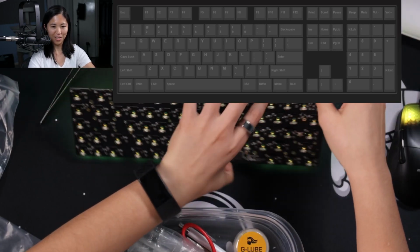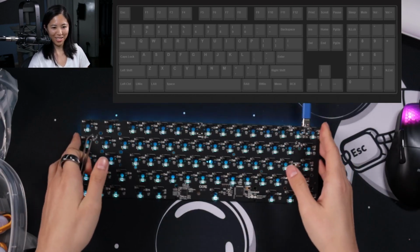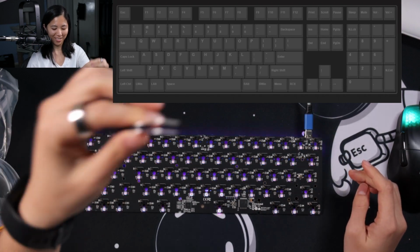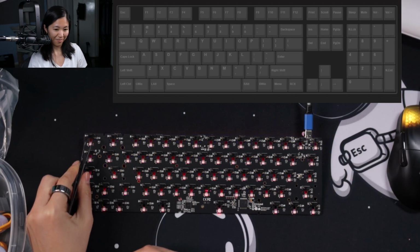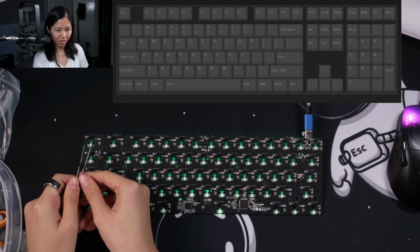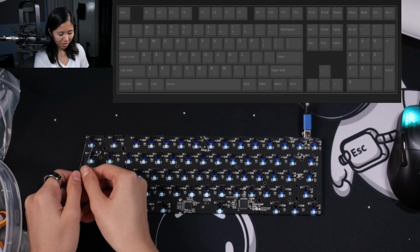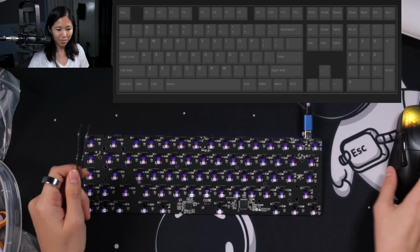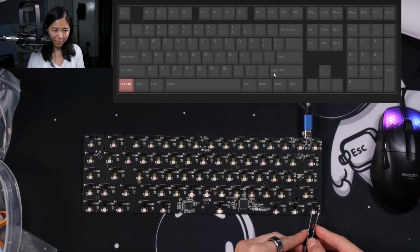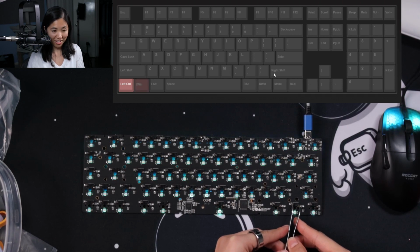Always test your PCB, even if you don't know how, like me. Always test your PCB. Okay, cool. I'm ready. Will it really shock me? I don't think so. Ugh, just kidding. What if it doesn't work? What if it only works sometimes? Oh no, it works. It's just really inconvenient